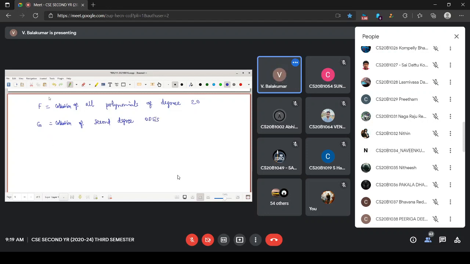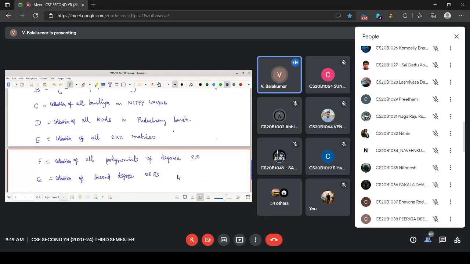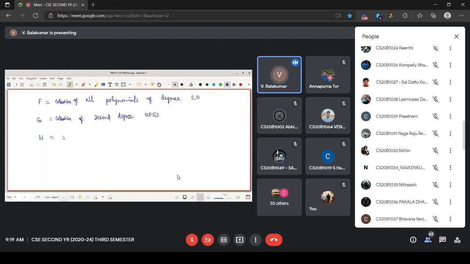And F, G, H. Among these, one more thing let me write: collection of differentiable functions on the real line.